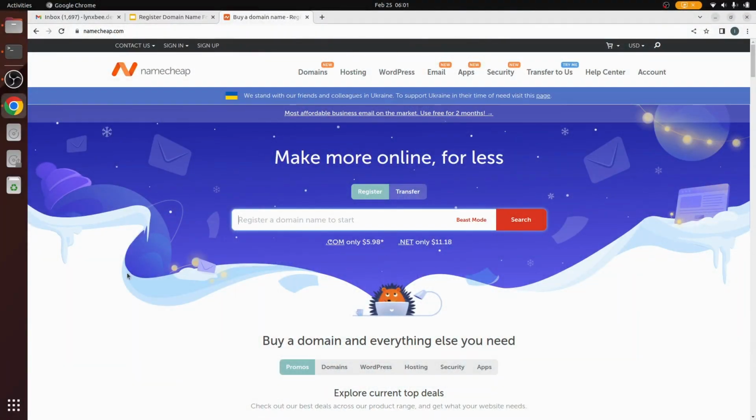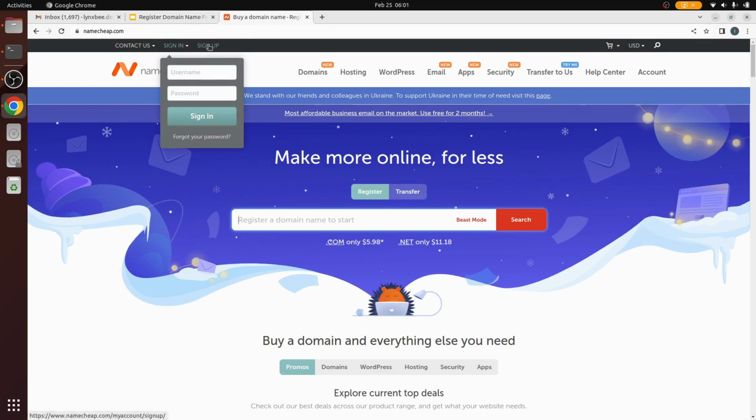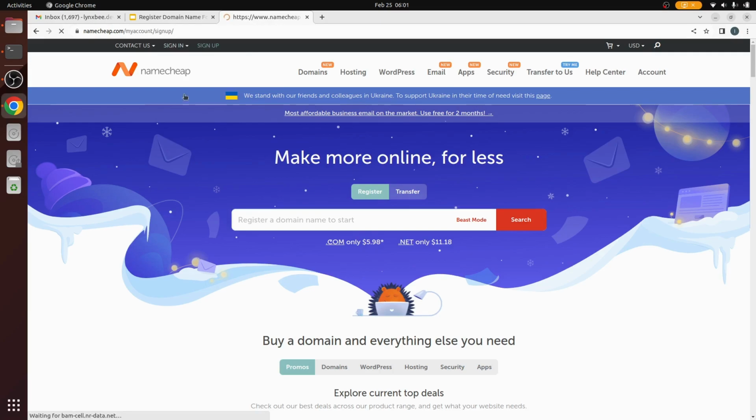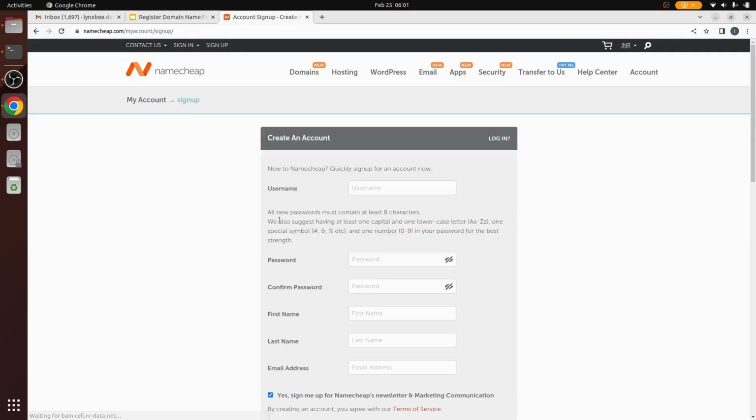So we are going to use Namecheap as our domain name registrar, and as you can see here, the first thing we can do is register on the domain name registrar's website, because it will help us to purchase. So we will use our